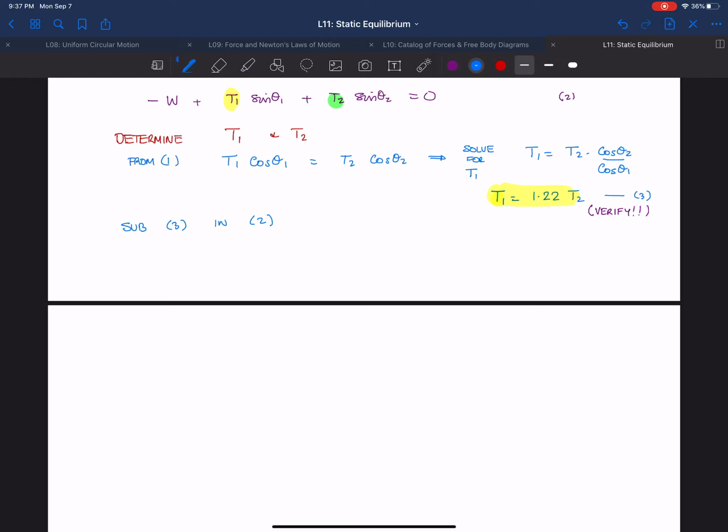The color coding should give you an idea of what I'm doing. So you have minus W plus, wherever I see T1, I put in 1.22 times T2, so plus 1.22 times T2 times sine theta 1, plus T2 times sine theta 2